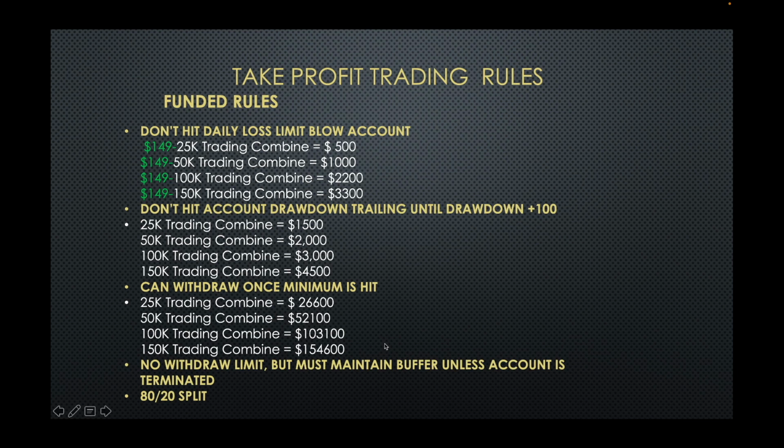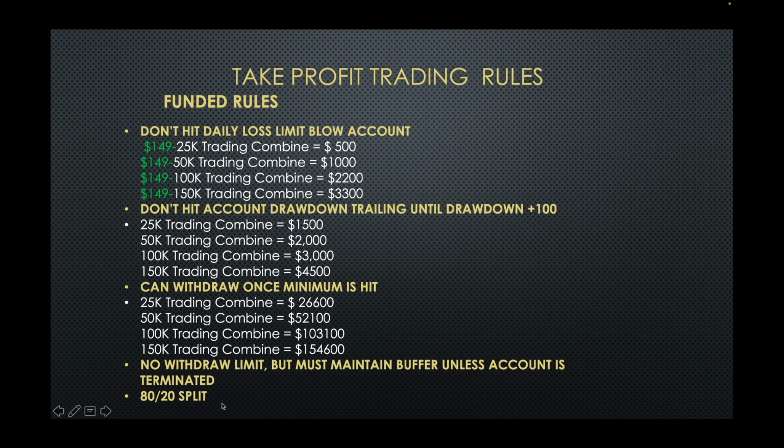Now, the benefit of Take Profit is you can do that once you get to the funded stage. There is no consistency rule. So we'll say you get funded and you make $5,300 right away. First day, boom. You can withdraw money right away down to this buffer limit, which would be basically $2,100. So if you make $3,000, you can withdraw down to this $2,100 buffer. You have to keep that buffer in, I think, for 90 days or something like that before you can start pulling from that buffer.